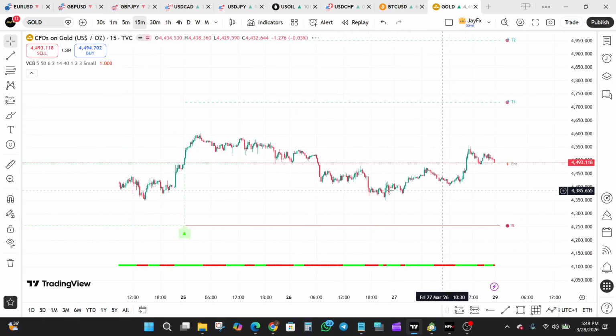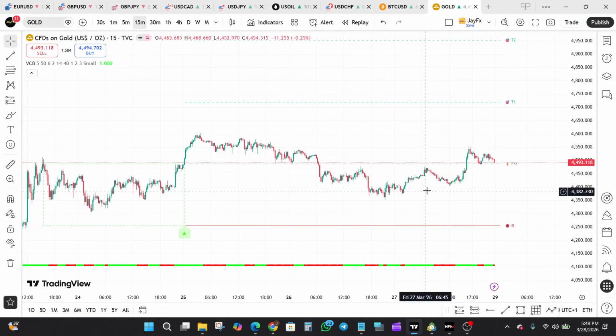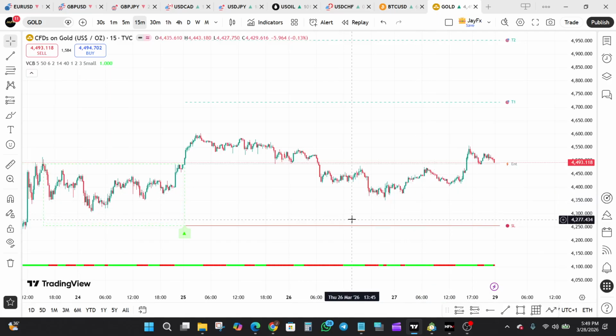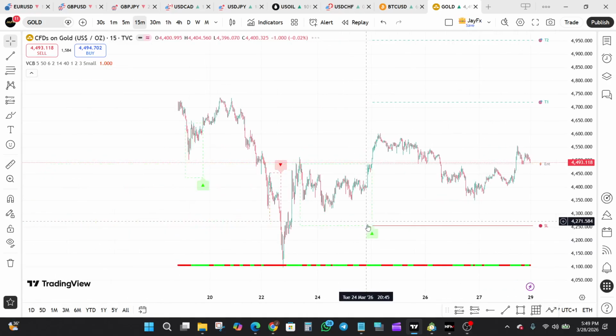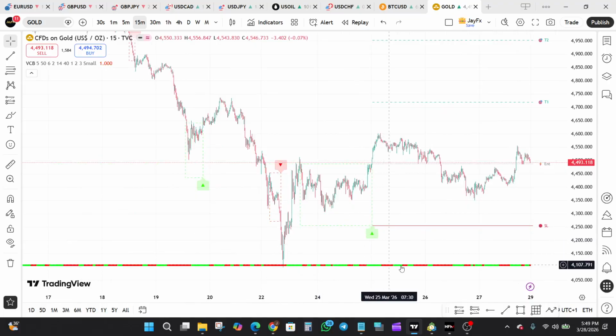Okay, so this indicator can be used by beginners who are still trying to find their way around, right? So the indicator just helps identify potential trading opportunity, gives stop loss levels, gives three distinct take profit levels, right? And then you would also notice that the indicator also shows